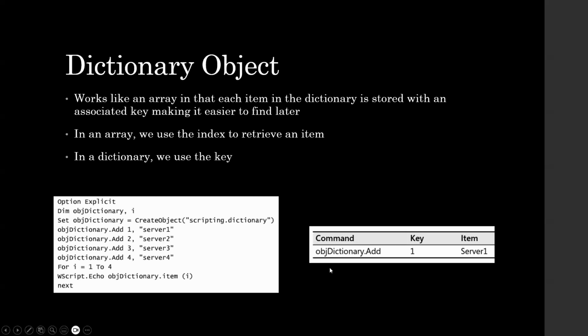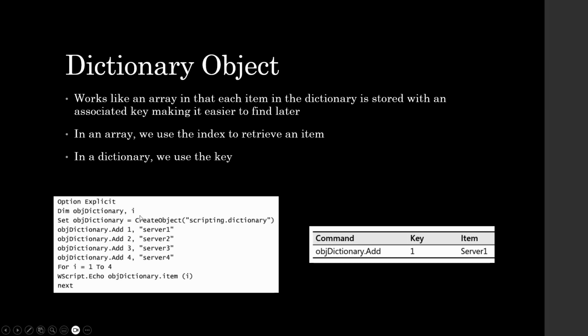Finally, and either your homework or CBC is based on a dictionary object. I don't remember which one, but that's okay. A dictionary object works like an array, except that it is actually stored with an associated key, making it easier to find later. So in an array, we're going to use that index to retrieve an item. In a dictionary, we use a key. So in order to use a dictionary, we dimension a dictionary object dictionary. We do create object